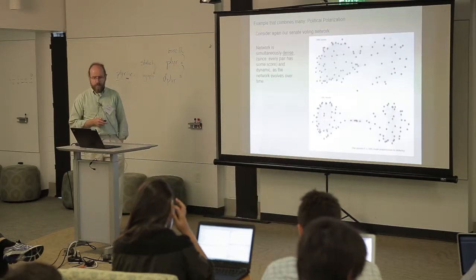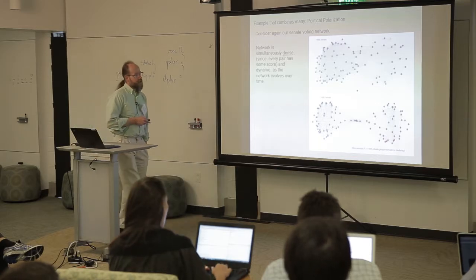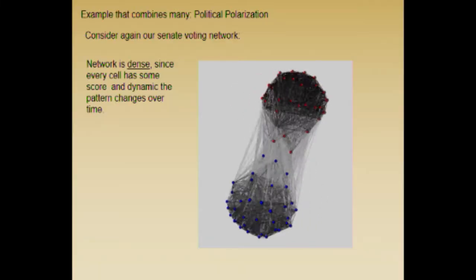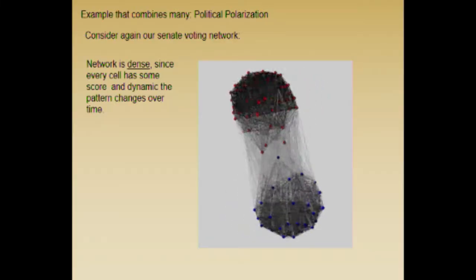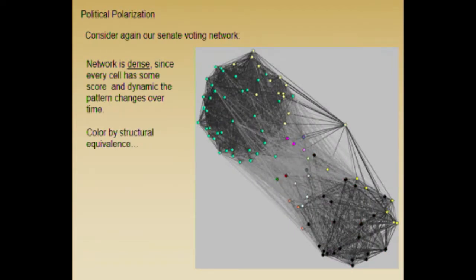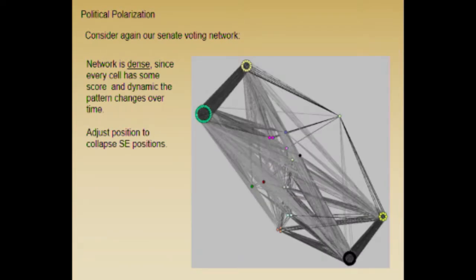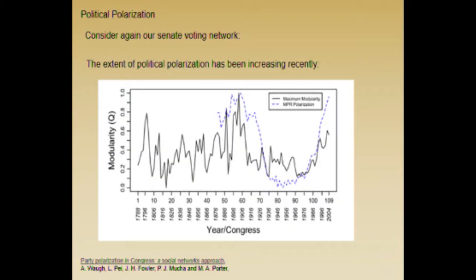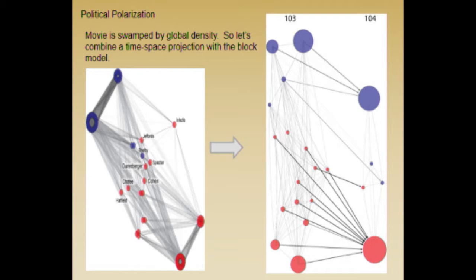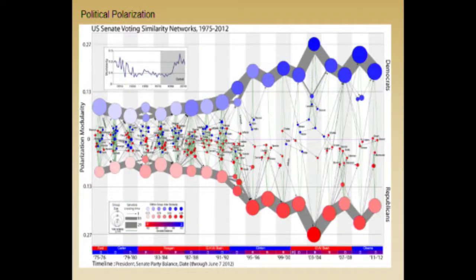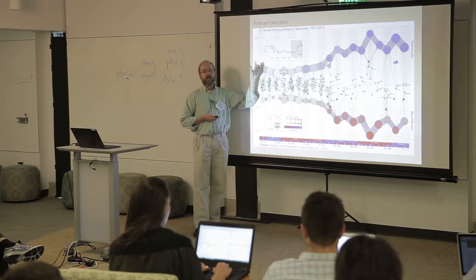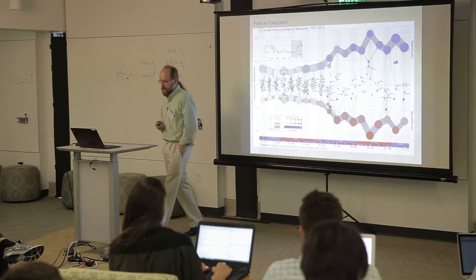The final solution to the problem of too much density is an idea that Peter hinted at before. Instead of having this really dense hairball of Democrats and Republicans and a few people in between, we can identify structurally equivalent nodes in the network, collapse those to a single node, and then plot them together that way. And so here we just call these party loyalists at one point in time and another, and that allows us to get to this kind of visualization that we showed earlier in the day. And so once you have that, you can then pretty it up in various and sundry ways. But the key was, by throwing away a lot of information, you gain more insight. And that's a key element that often happens.